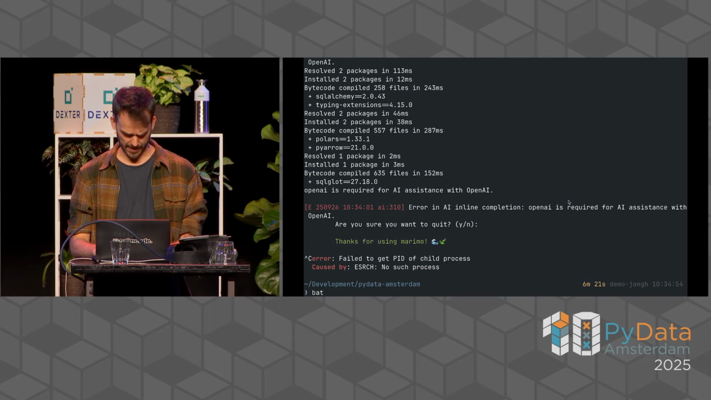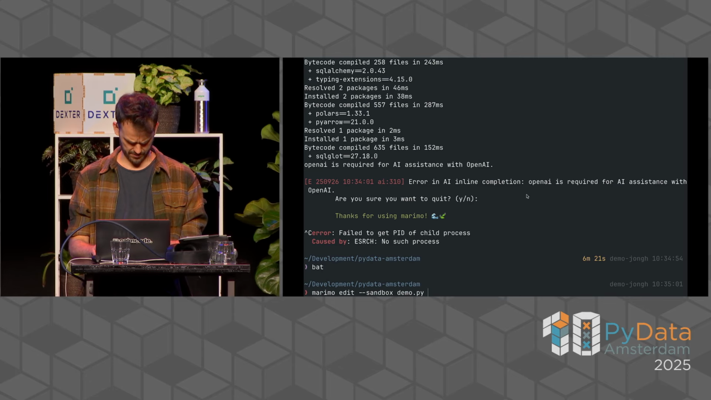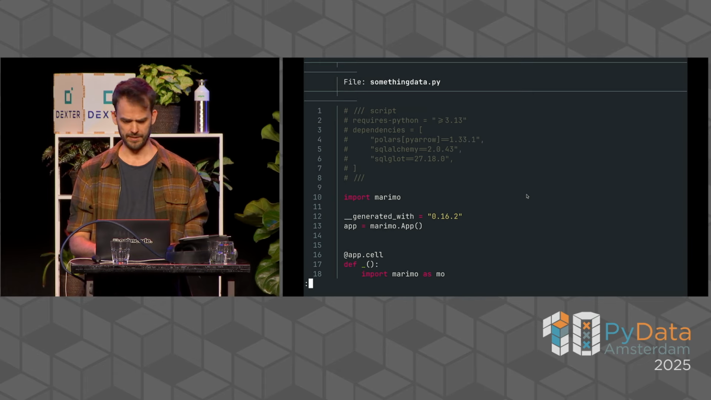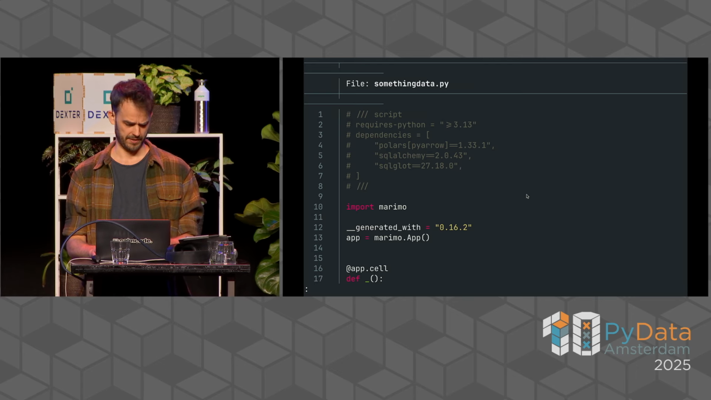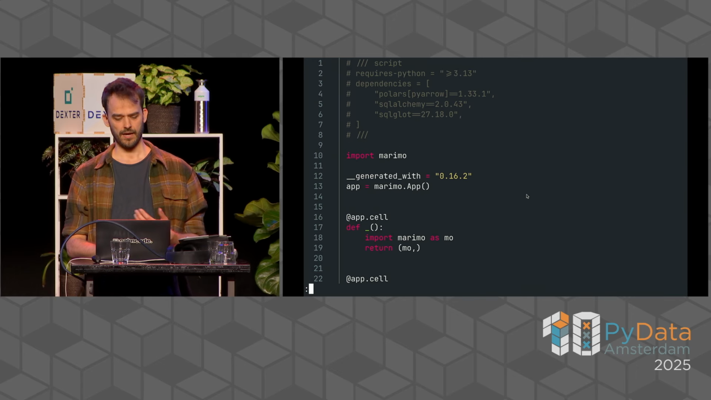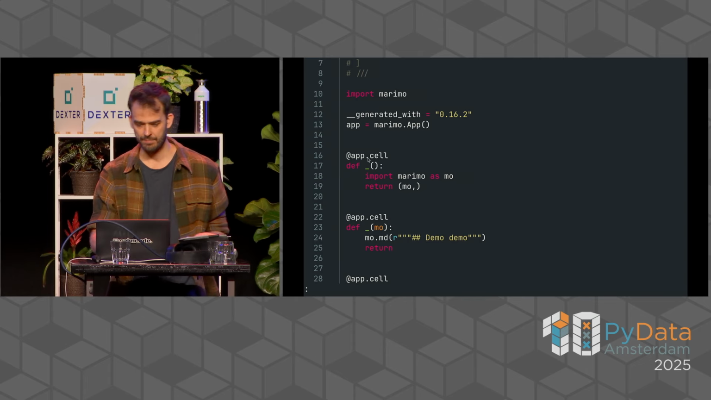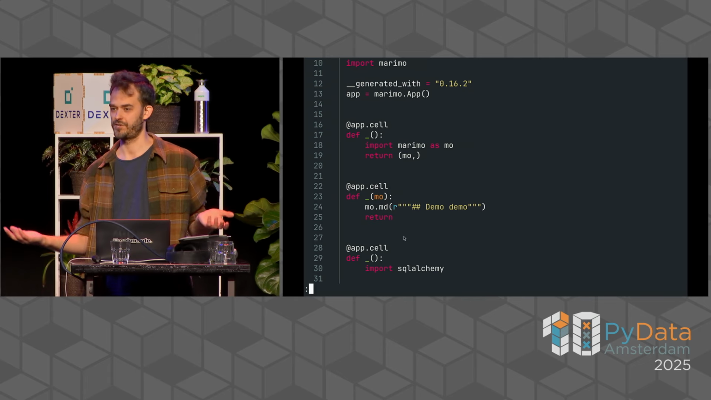So let's just open bat, and what was this file called? This file was called something data. So bat something data. Let me just zoom in. Actually, let me just run it again. This looks slightly nicer. So this is what the notebook looks like. We import Marimo. It's an app. And all these different cells are functions. They're just